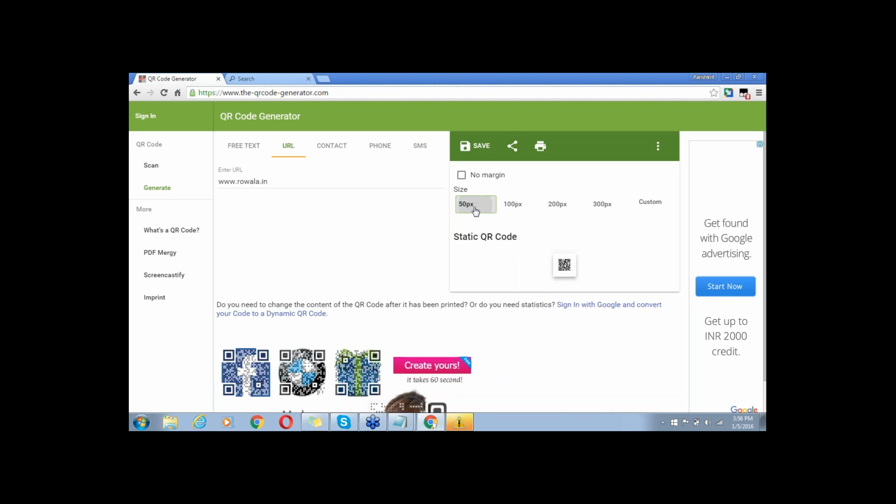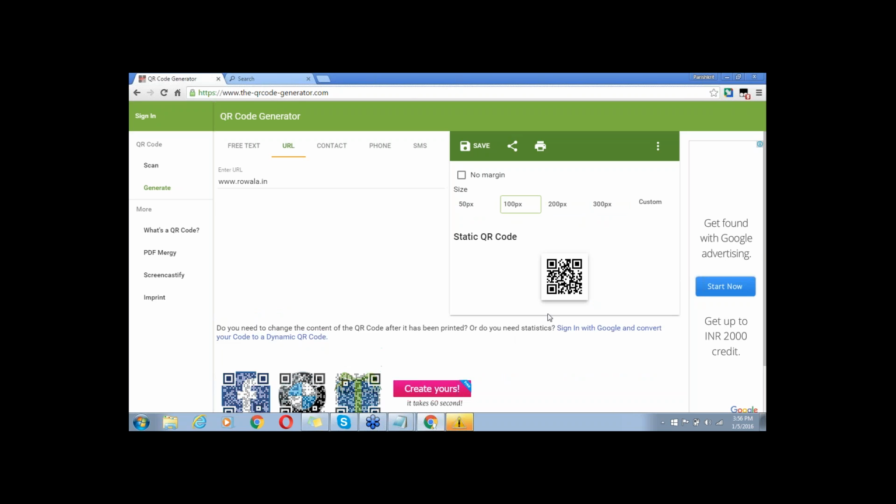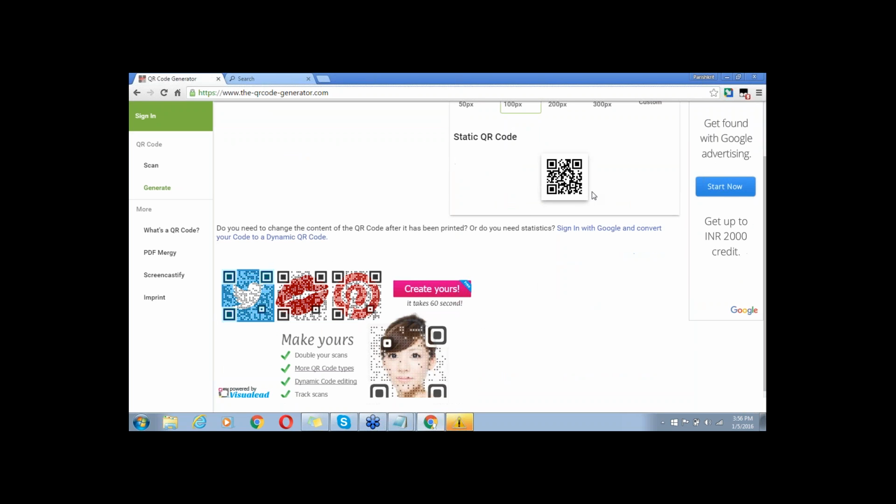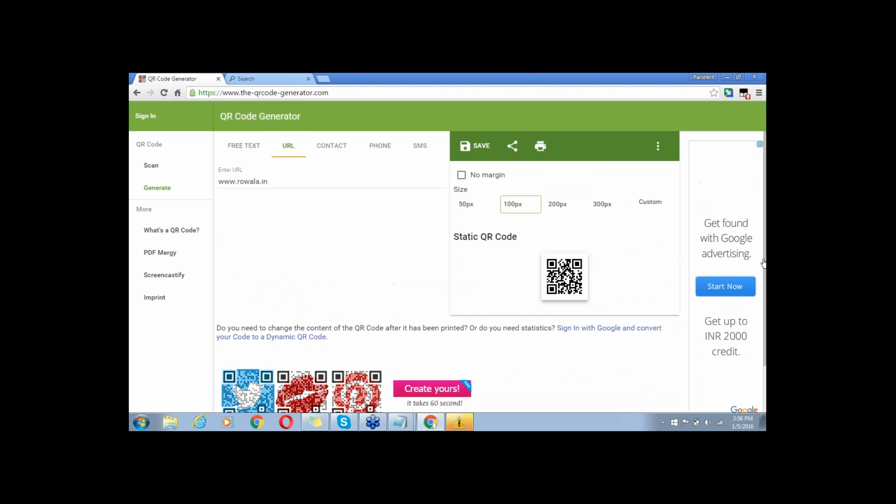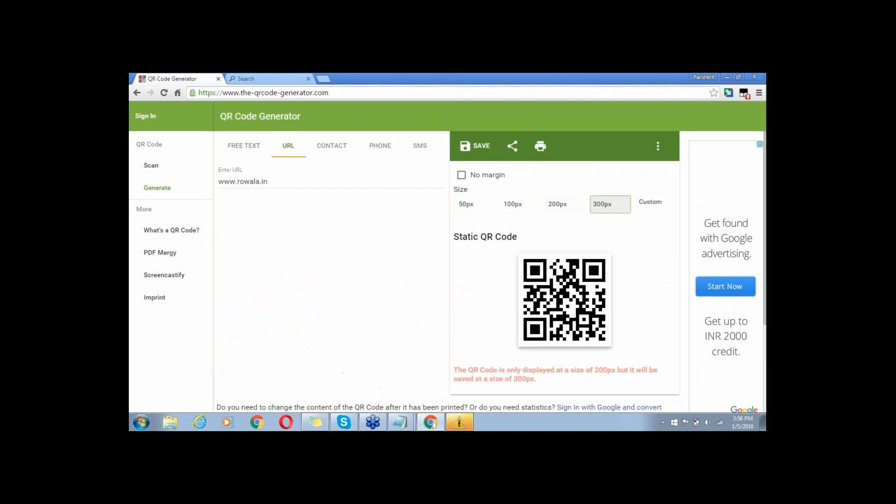So once you create that QR code, when someone scans this QR code, जैसे ही कोई इसको scan करेगा, what will happen? For this particular QR code, my URL will appear. My website will appear, right?